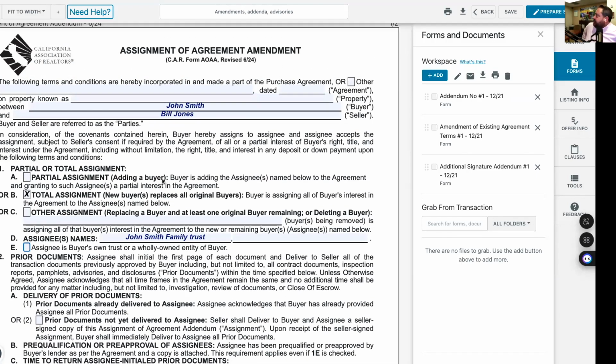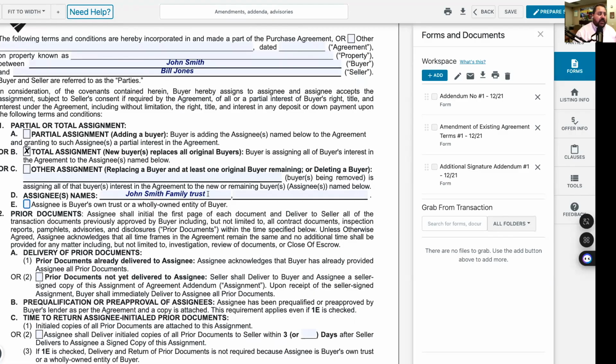Now, when we look at what people call wholesaling, what happens a lot of times is an agent. So let's say that John Smith is an agent. John Smith went and found a deal that he thought was a great investment for somebody, but maybe not for him. So he writes the offer, gets the offer accepted, and when he starts pitching it to his group of investors, he finds another investor that wants to buy it, and it turns out that it's